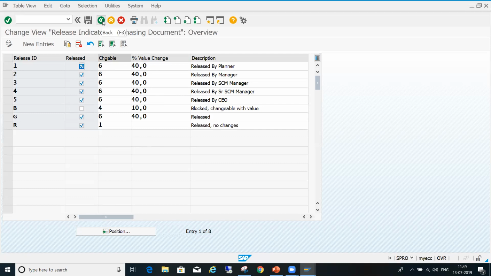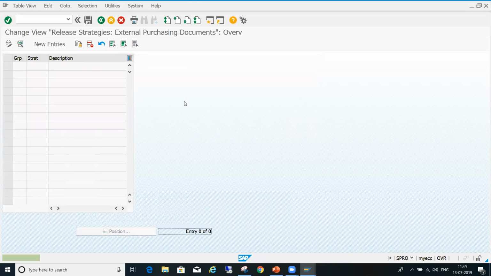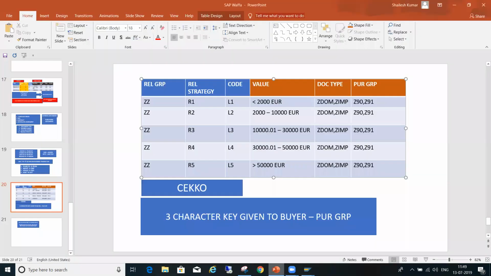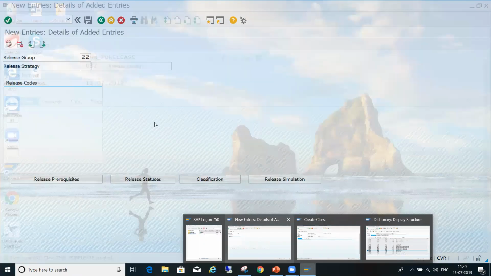That's why I am doing this. Come to the release strategy, click on new entries. What is your group? ZZ is your group. So what is your release strategy? It is R1.